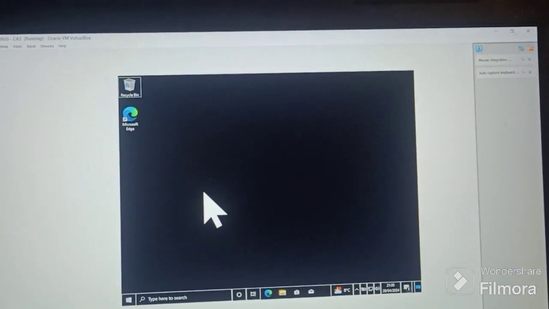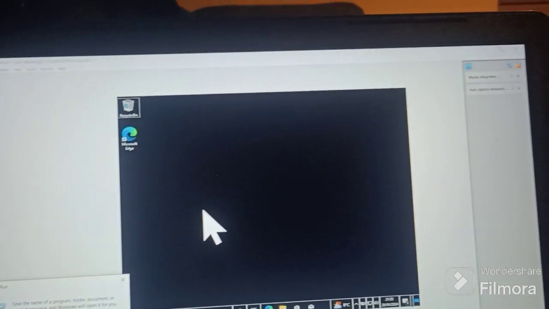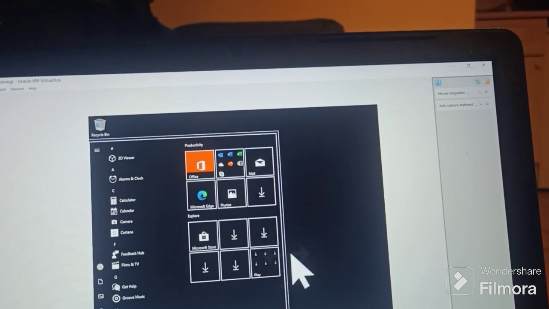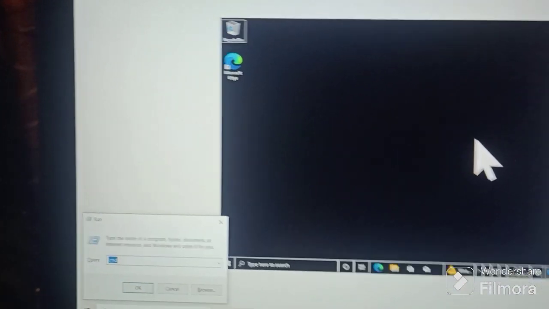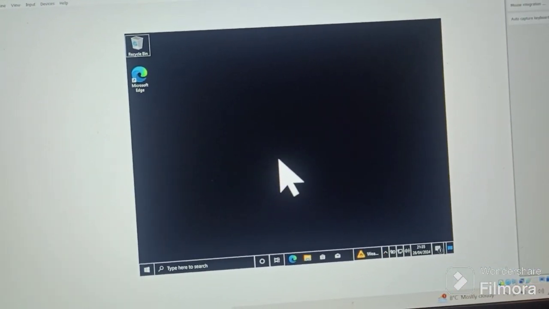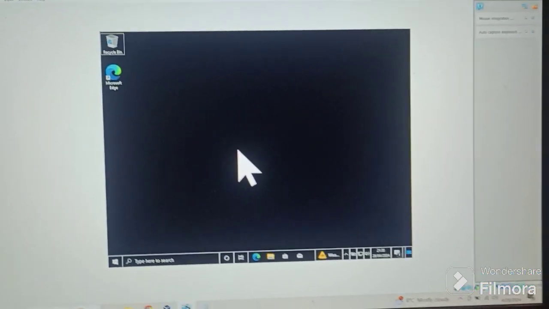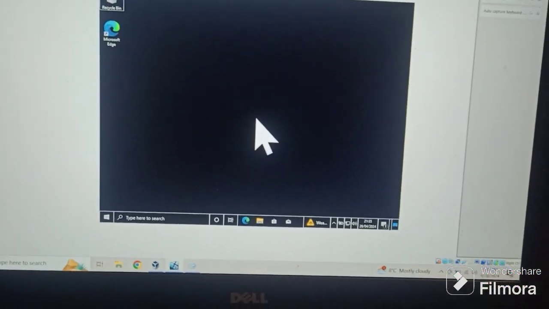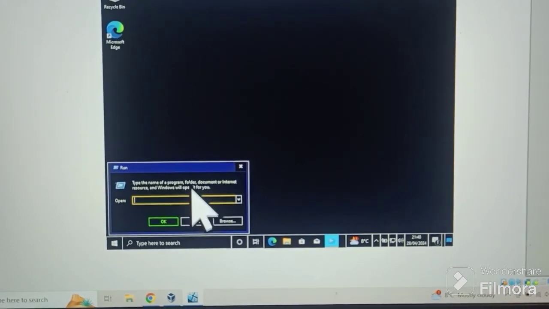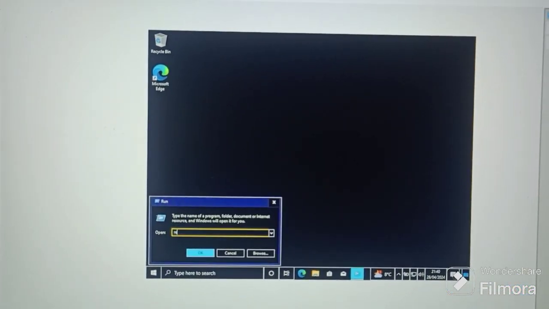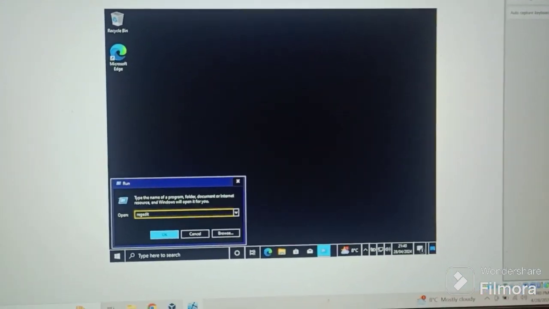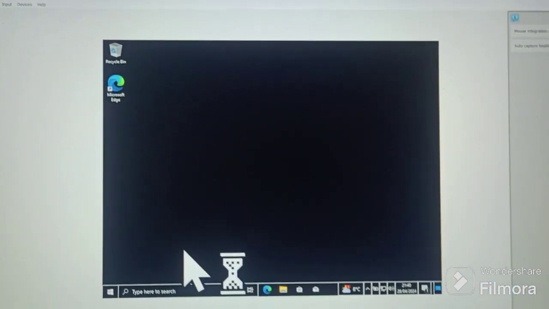Now we will type Windows R. There is an issue and it's not working. Yep, so now we have our Windows R command, and we will type regedit